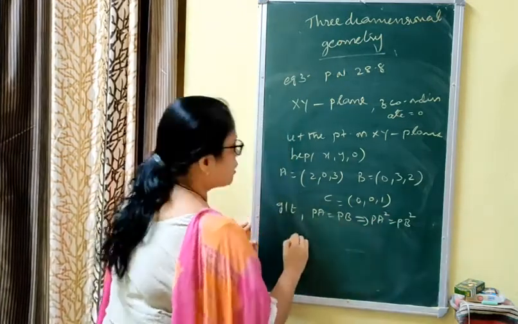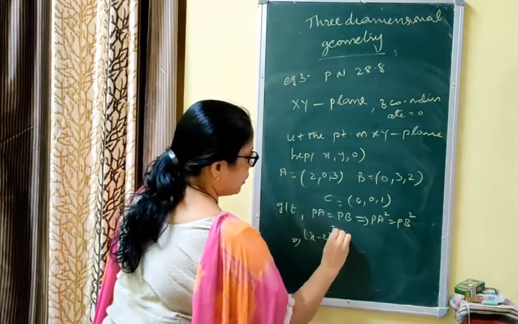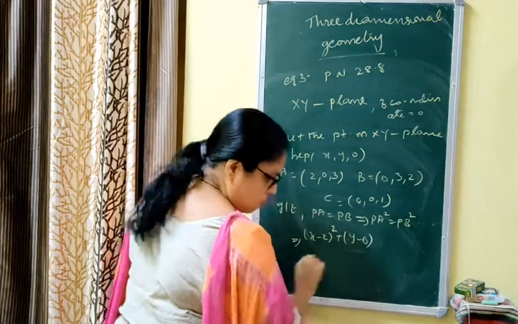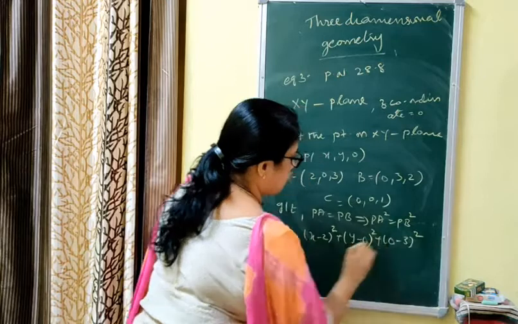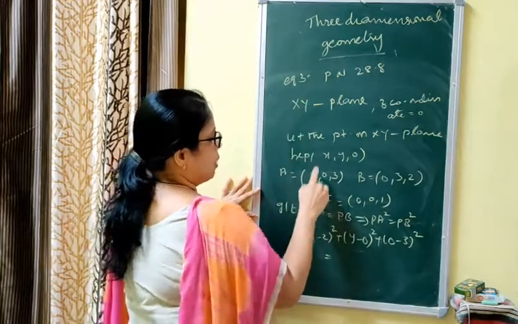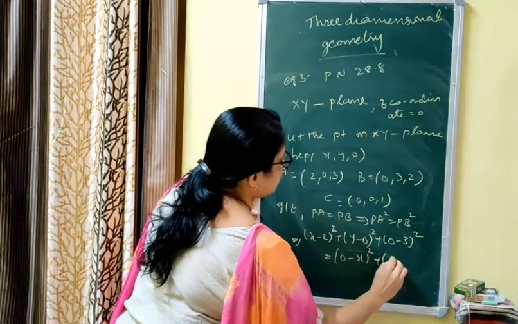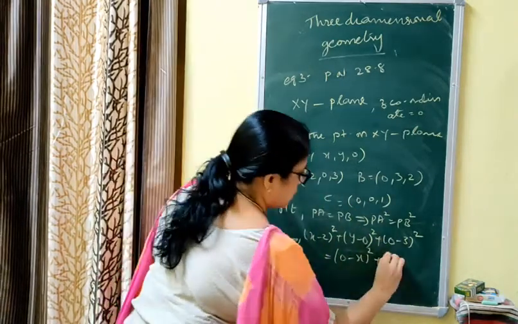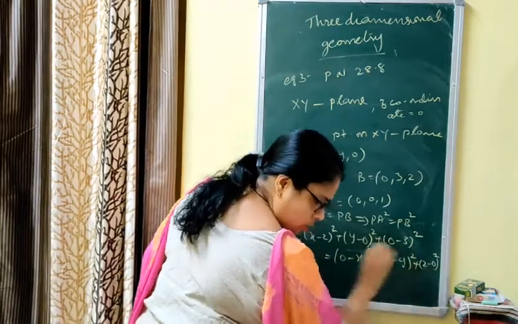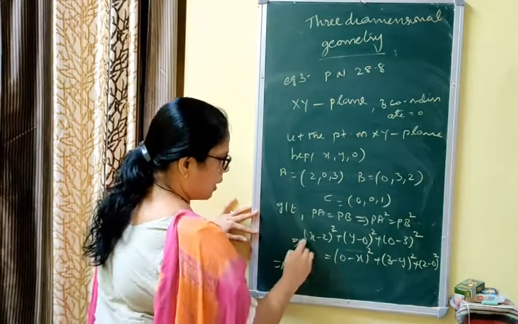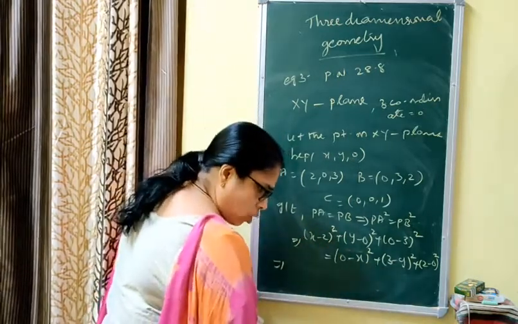That implies PA square is equal to PB square. That is (x minus 2) whole square plus (y minus 0) whole square plus (0 minus 3) whole square is equal to PB square, which is (0 minus x) whole square plus (3 minus y) whole square plus (2 minus 0) whole square. Now, if you expand, the x square and y square terms get cancelled. By solving this, you will get